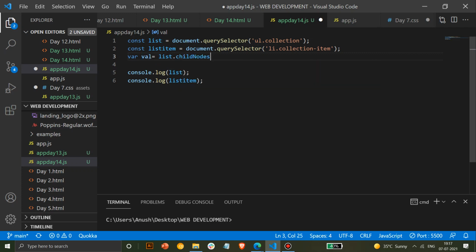So what happens if I do child nodes? Anyone, what will be the expected output if I do this? Just try, guys. Random guesses also work, so don't be worried, because in JS everybody gets things wrong, even I do.